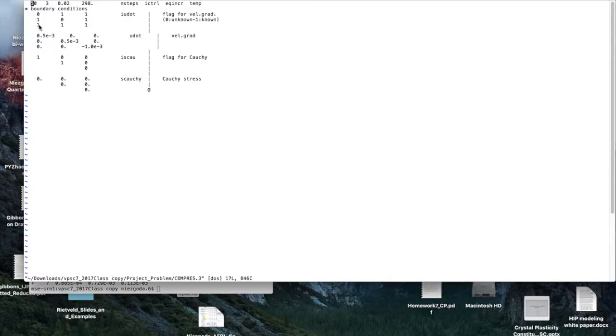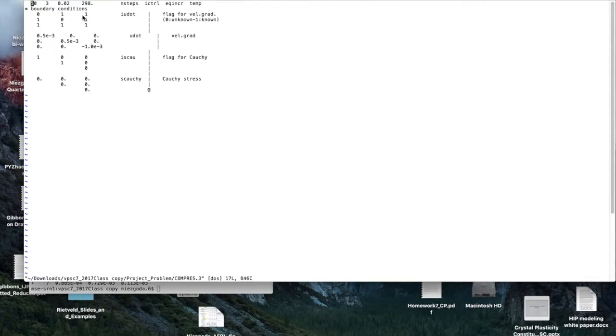Where the 1s are means that we're enforcing the velocity gradient. Where the 0s are, it means we're not. Down here, the 1s mean we're enforcing the stress for those components, and where the 0s are, we're not. So we're enforcing that there's no macroscopic shear,